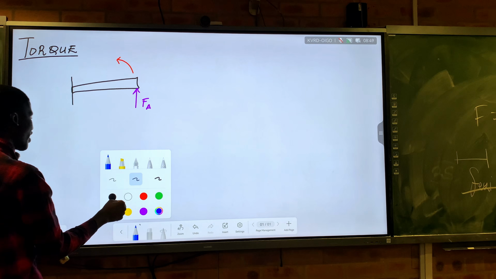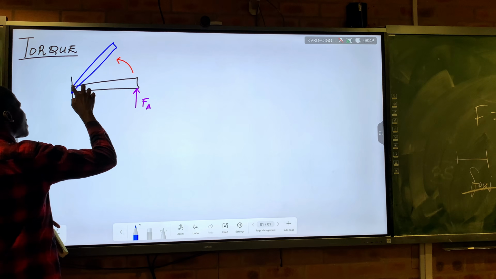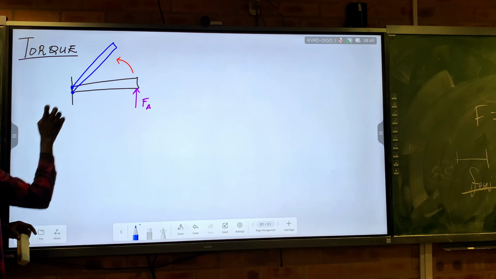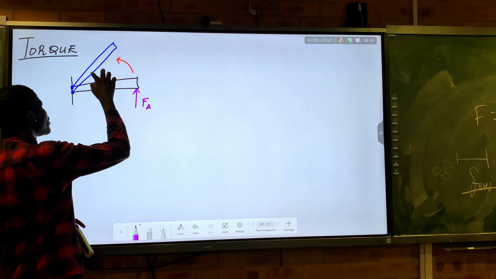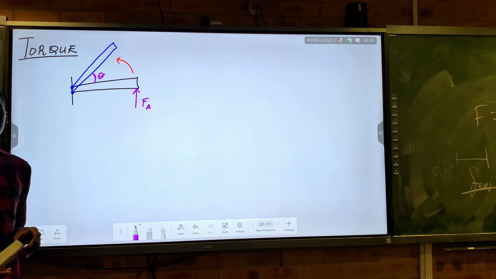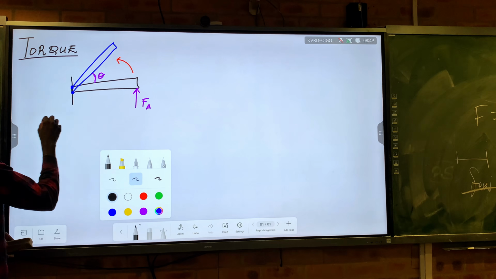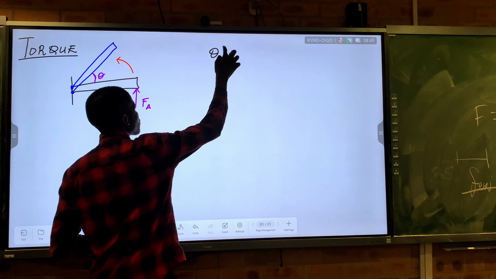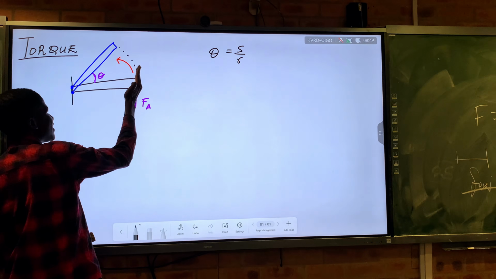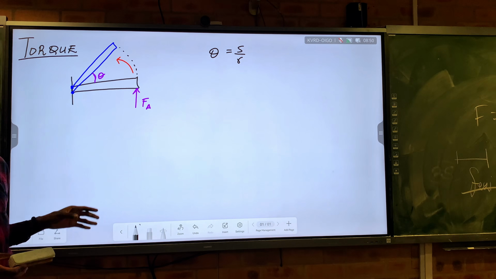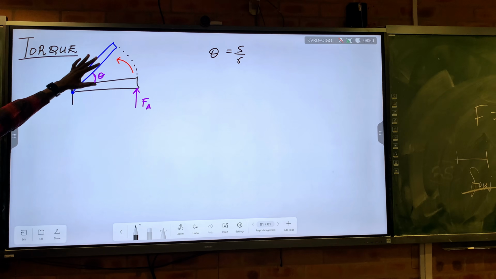Okay, so basically we expect your duster to be somewhere here, but at the end of the day, these points are fixed. As they are fixed, whenever we're having a rotational motion, we already know that we're going to have an angular displacement. And remember, angular displacement is equal to S over R, where S is the arc length, the actual distance traveled by this duster. I'm just refreshing your memory so that you can see how torque applies to all of this.